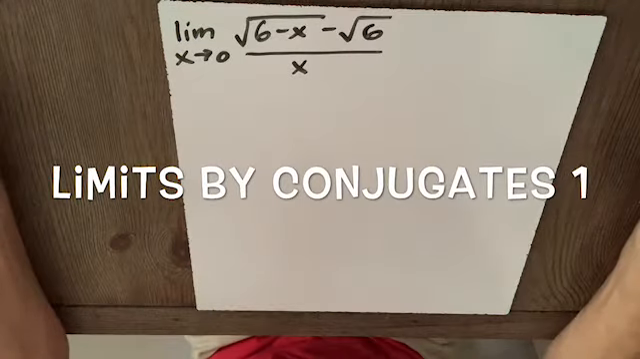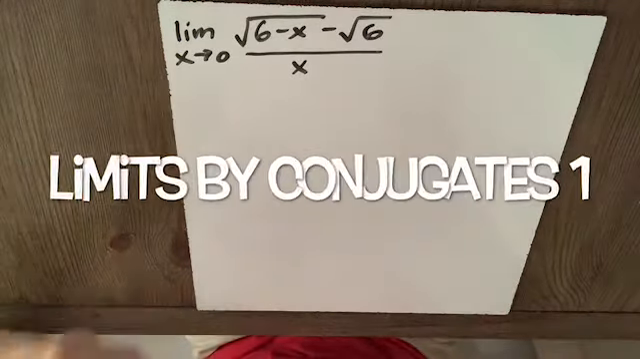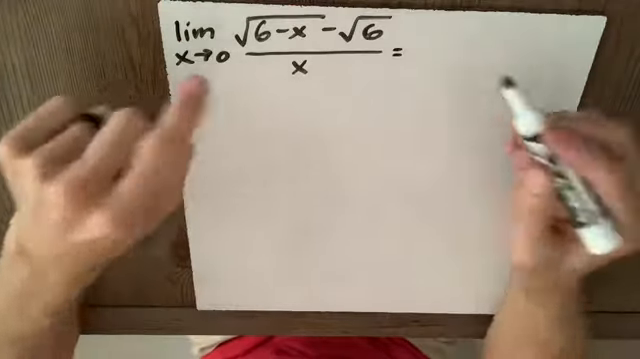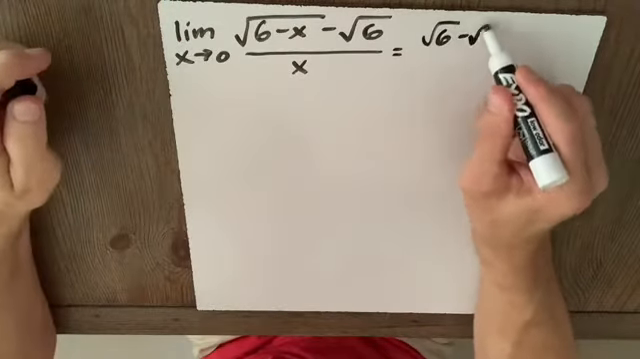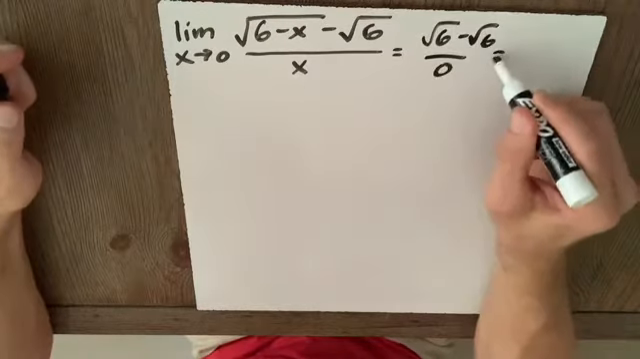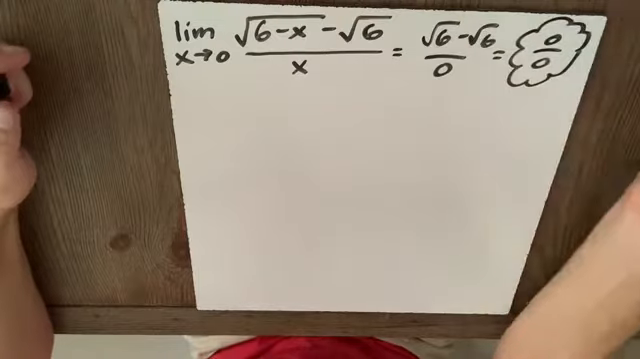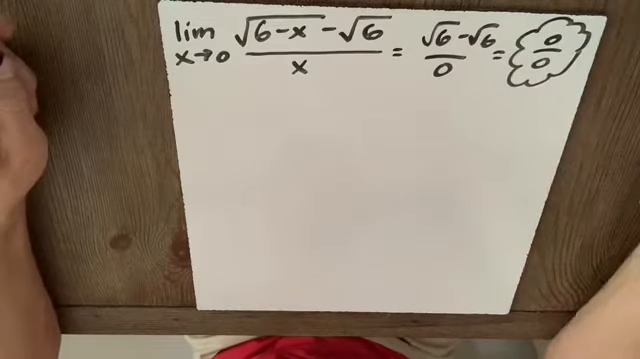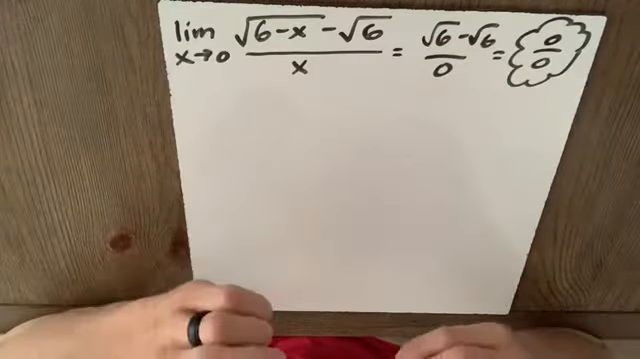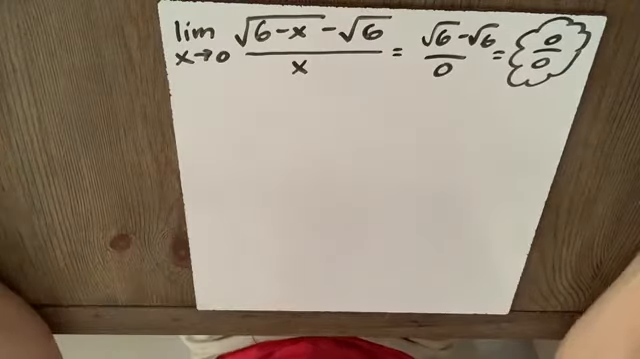First option in a limit problem is to try direct substitution. Well, when I do direct substitution, I get the square root of 6 minus the square root of 6 over 0, which, oh boy, gives us this indeterminate form. We've learned plan B, after plan A, direct substitution, fails: we could make a table